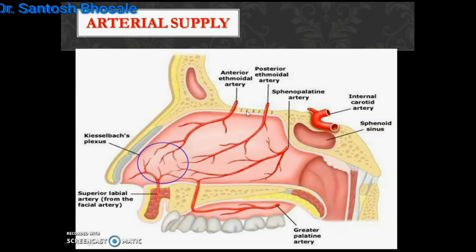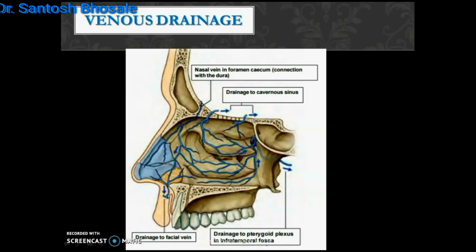Coming to the blood supply, arterial supply: anterosuperiorly the nasal septum is supplied by the anterior ethmoidal artery, posterior-inferiorly by the sphenopalatine and greater palatine, and the mobile part of the nasal septum is supplied by the superior labial branch of the facial artery. And where all these arteries meet, they form a plexus called Kiesselbach's plexus. It is formed by facial artery, anterior ethmoidal artery, greater palatine and sphenopalatine artery, and the area here is called Little's area, and this area is prone to foreign body injury, causing anterior epistaxis. So it is prone to ulcers because of this rich vascular plexus.